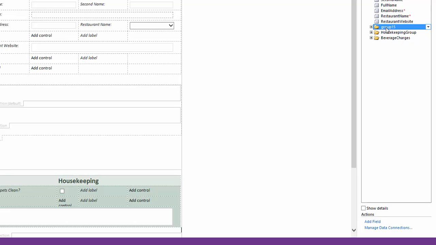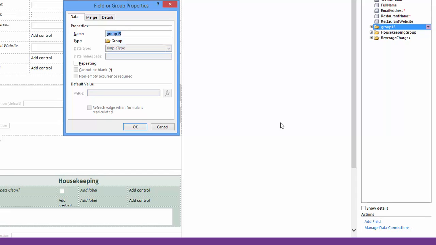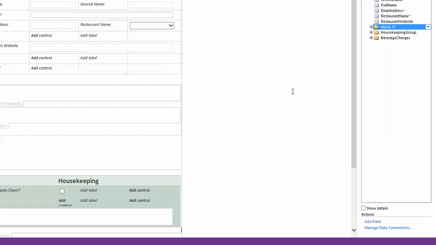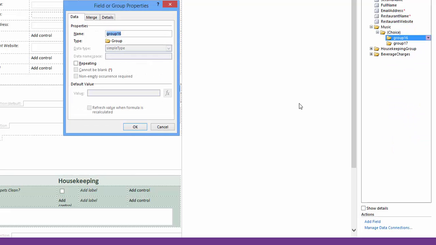Now I'm going to rename my group folder to music. I do this by clicking to make this the active folder. Next, I right click to choose properties. In the properties name box, I name it music and click OK. Next, I'm going to rename the choice folder siblings, the first choice group folder live music, the second group folder